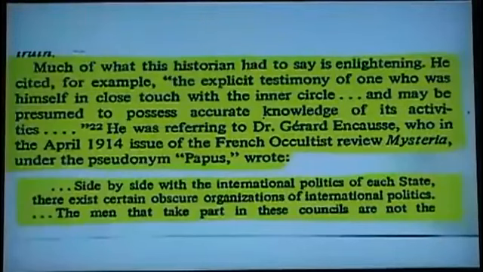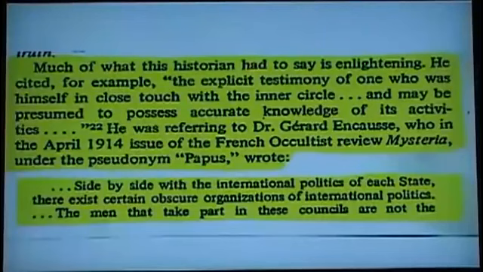He cites, for example, the explicit testimony of one who was himself in close touch with the inner circle of this secret society and possessed knowledge of this secret society. He was referring to a doctor who, in April of 1914, wrote in an issue of the French occultist magazine Mystica under the pseudonym of Pappas. This doctor, member of this French occultist society, wrote in the Mystica magazine, he said, quote, "Side by side